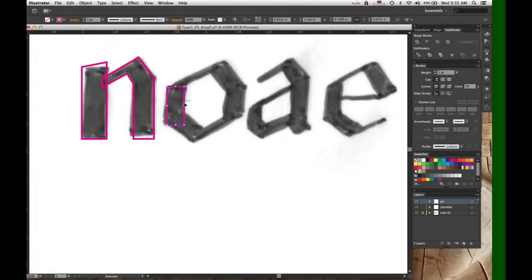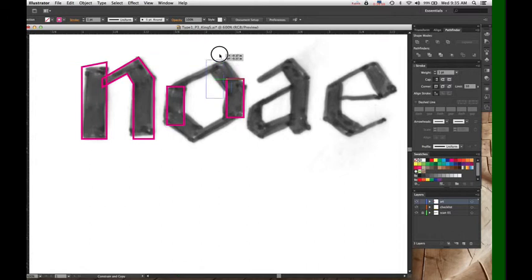Another way to do it that works in Illustrator and in InDesign is if you hold down Option. You'll see when I click on this, then I hold down Option, that my arrow is suddenly doubled. I have that little white sort of ghost arrow behind it. If I hold down Option, click something and move it, it makes a copy. So this is slightly nicer than just copying and pasting because I can control exactly where it goes. It's the same thing really, it's just a different way to handle it. And I find it very useful.